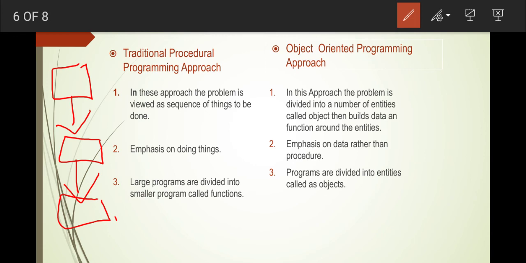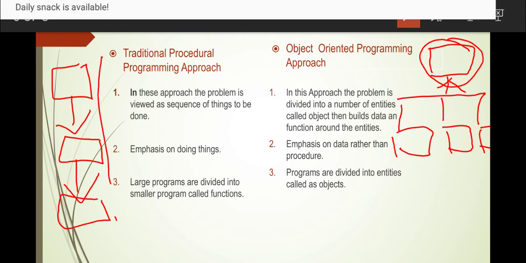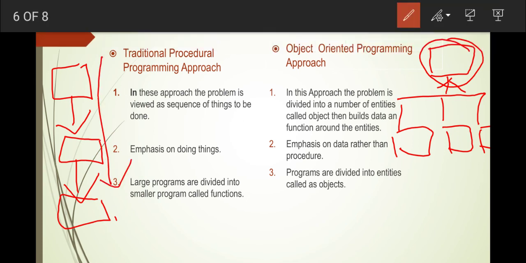That is an example of a traditional programming approach. But in object oriented programming like C++, the main program is divided into small objects or small entities. Together all the entities perform and are integrated and one problem is solved. But in the traditional approach, one sequence is followed.